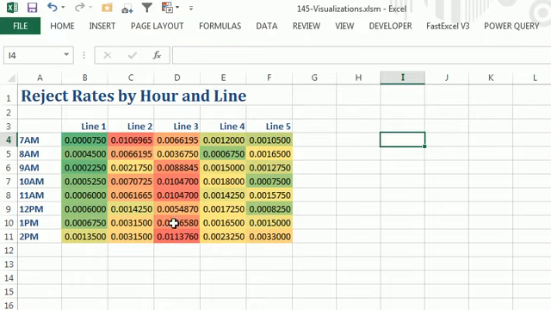Line 3 is having problems today, and it's getting worse as we go on throughout the day. I mean, line 1 is getting worse too, but they never got as bad as line 3. So a great way to bring that data set to life. And then finally,